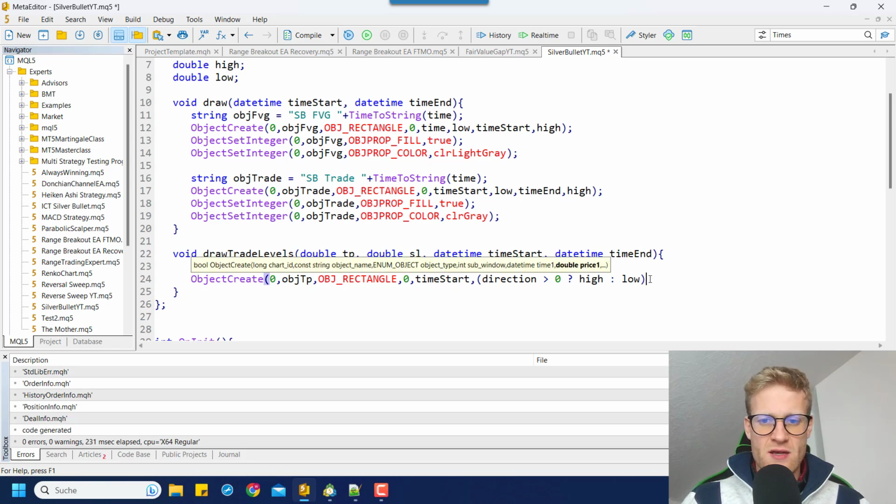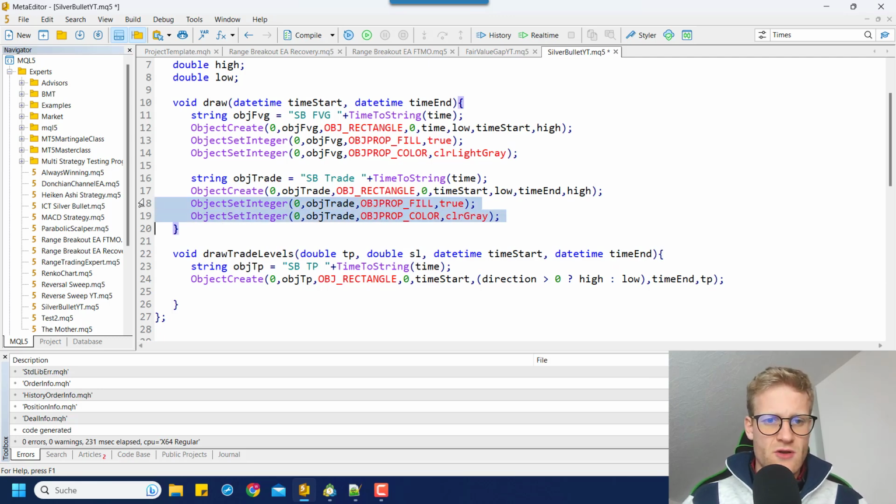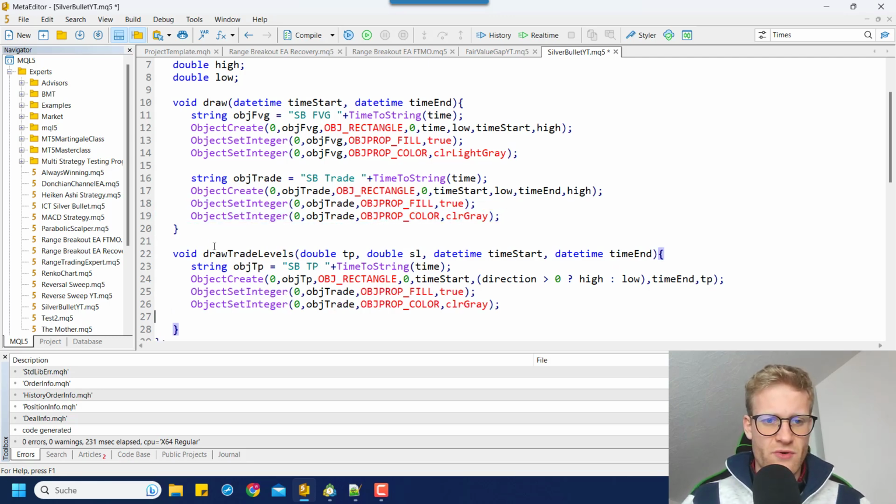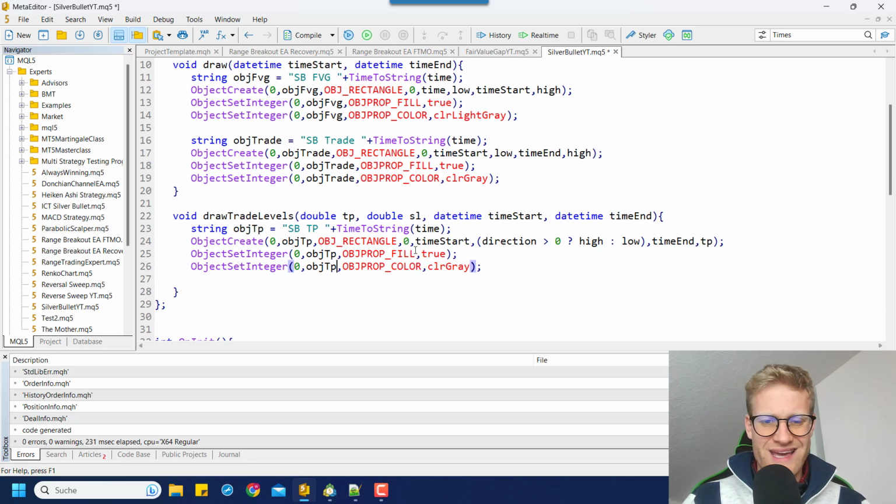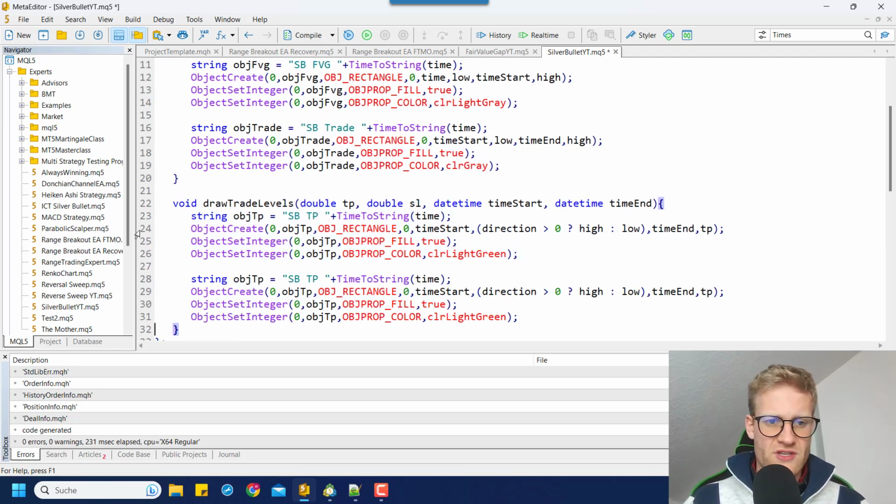And then we have the time end and the TP. And then, let's just copy these two lines here. Oh, and make sure to exchange the name of the object. For this object, again, we want it to be filled, and the color should be light green. Is there a light green? Yes, there is. This is our TP rectangle, and then we want to copy everything for the stop loss rectangle,